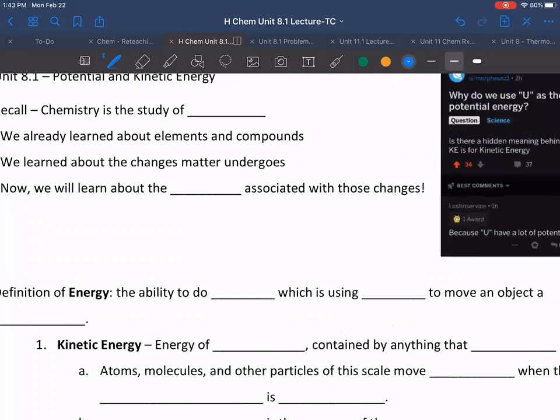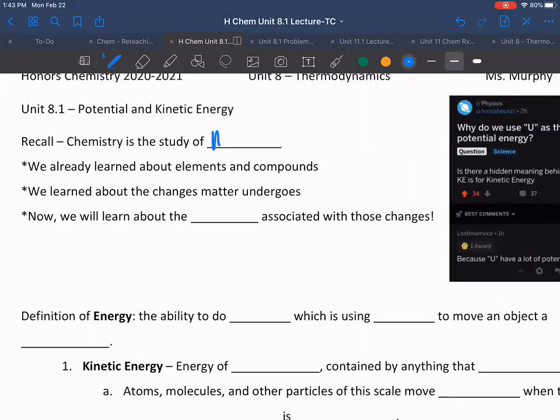Just to recall, chemistry is the study of matter. So really, it's like the most broad science. And we already learned about elements and compounds. We learned about how they react with each other. We learned about the changes they undergo. And so this unit of thermodynamics is all going to be about the energy